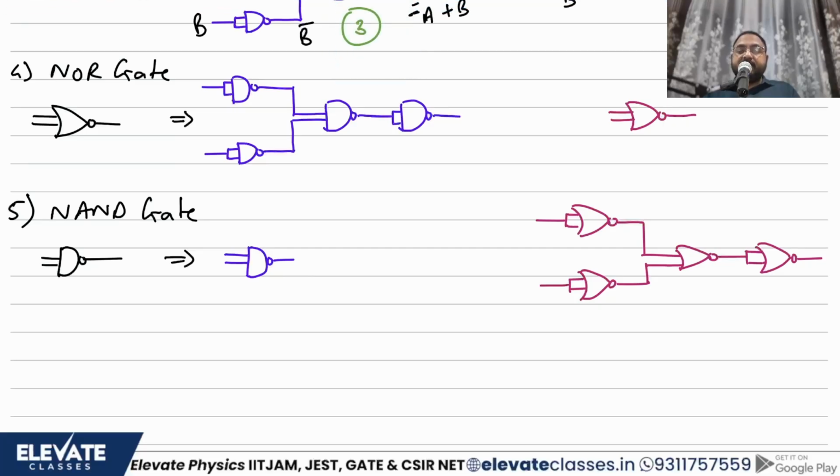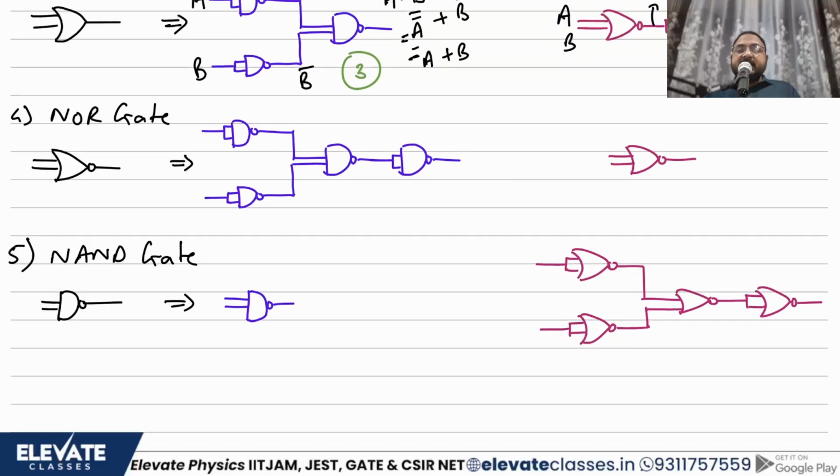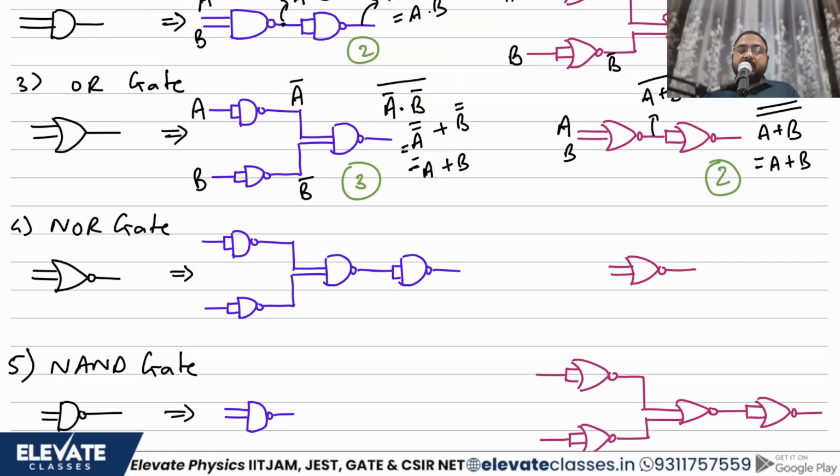Okay, we are back to our original topic, and what I'm going to do is design a NOR gate using a NAND gate. So let's try and do a NOR gate using a NAND gate. Just now I had designed an OR gate, as you see on your screen right now. We designed an OR gate using a NAND gate. I just have to put a bar on top of this, right?